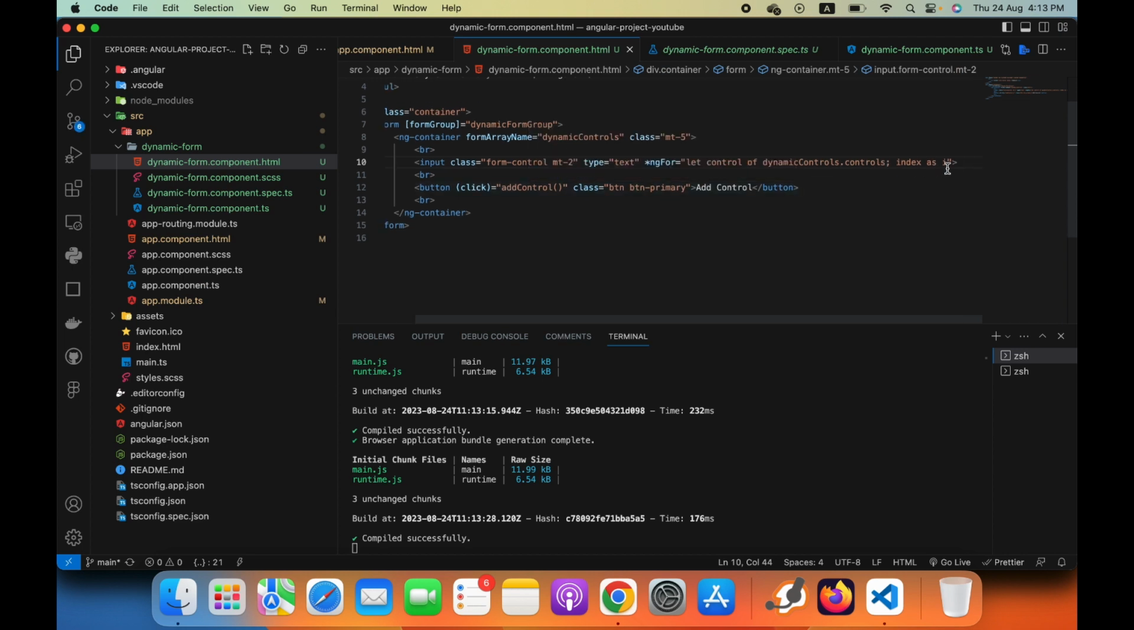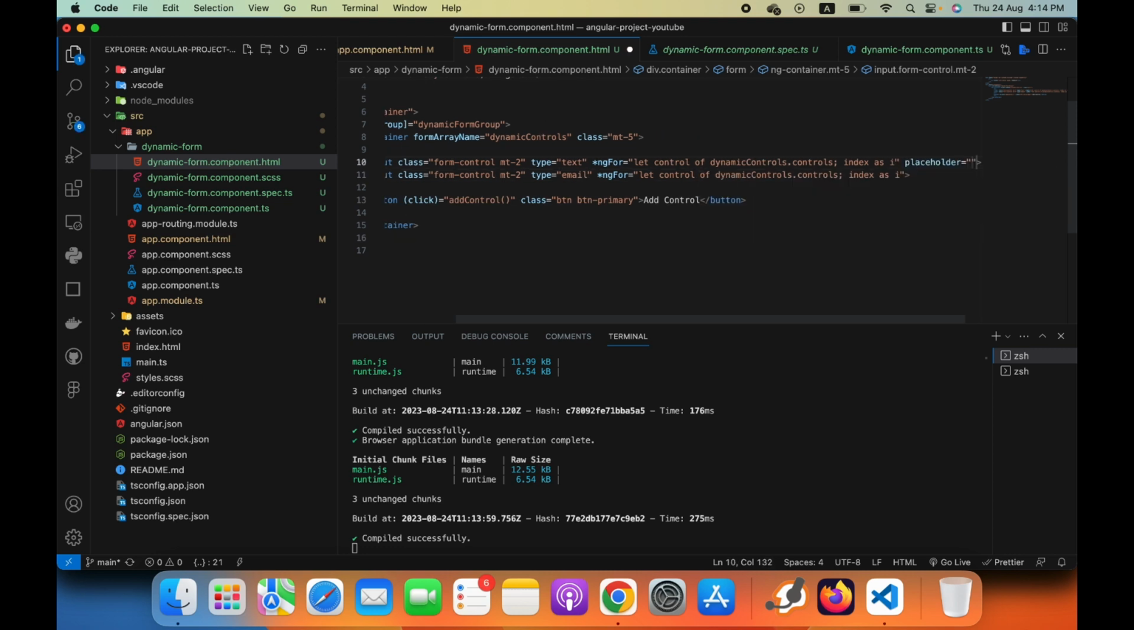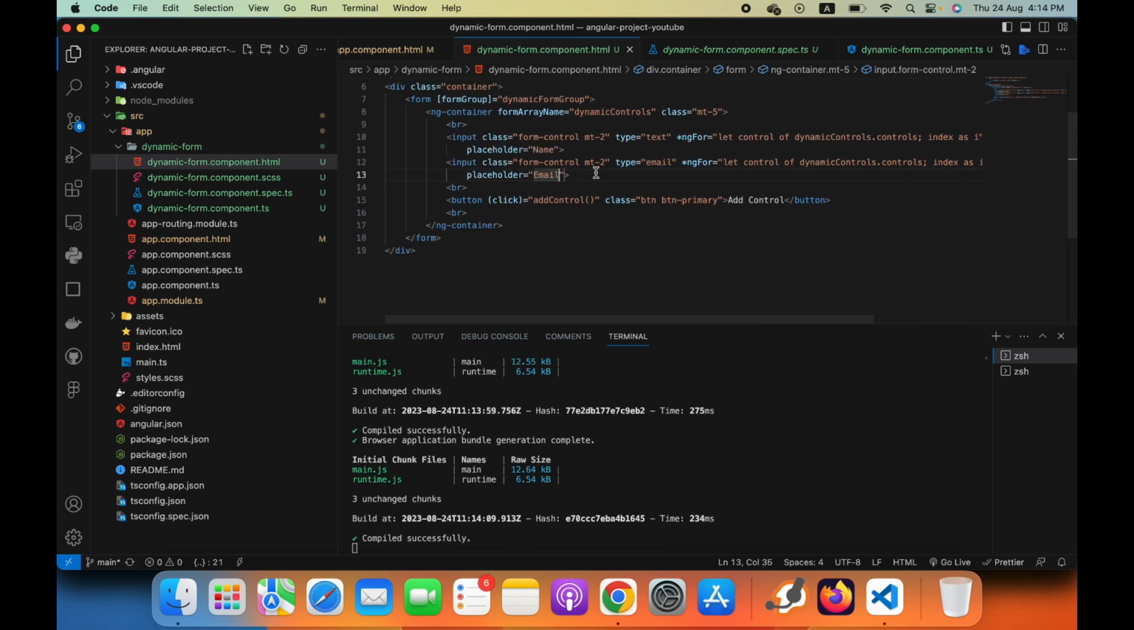So let me also make one for removing it, and let's add another for the name and this is for email. Here we can take the name of the person, and here we'll say email. So now we can also make the button for removing the controls. Here we'll say click remove control,